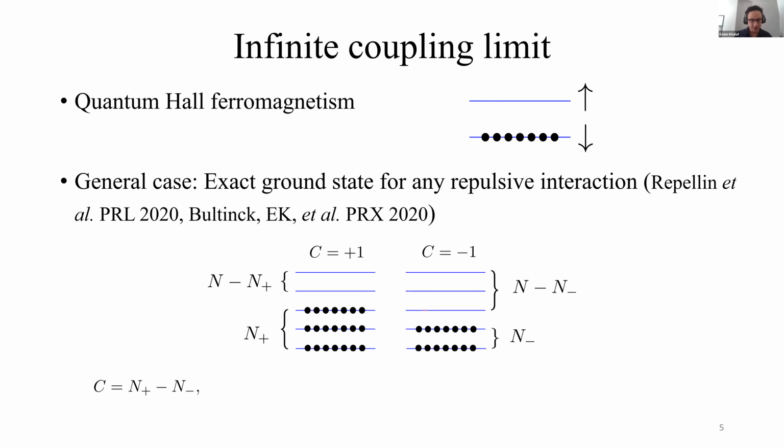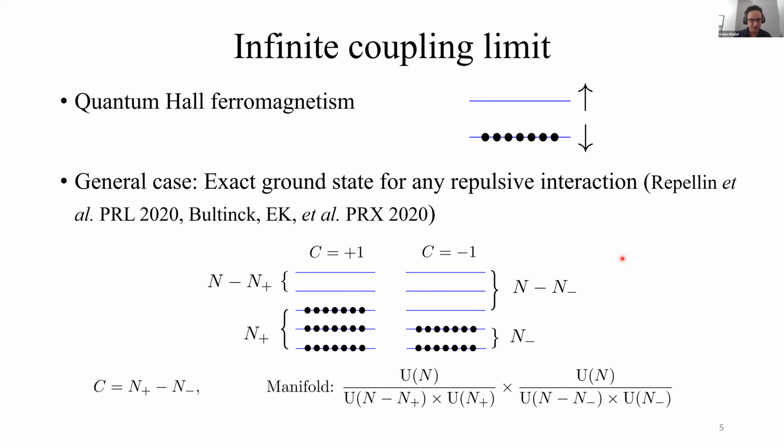And note that once we throw away this tunneling term, the flavor symmetry would be enhanced to SU(n) times SU(n), because we can rotate the flavors freely in this Chern sector or in that Chern sector. So this gives us some manifold of states. In each Chern sector, we get a manifold that's equivalent to a Grassmannian. So we have the overall U(n) symmetry, but then we have to mod by the rotations that leave the filled states and empty states invariant. This is maybe too general, so let's consider a concrete example.